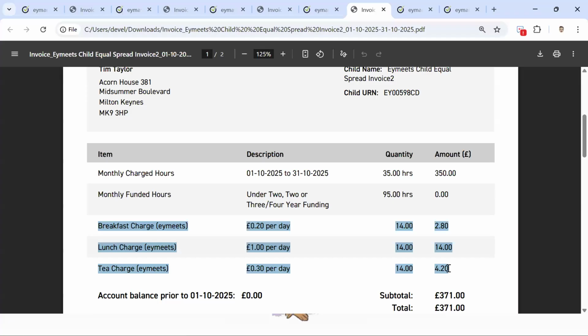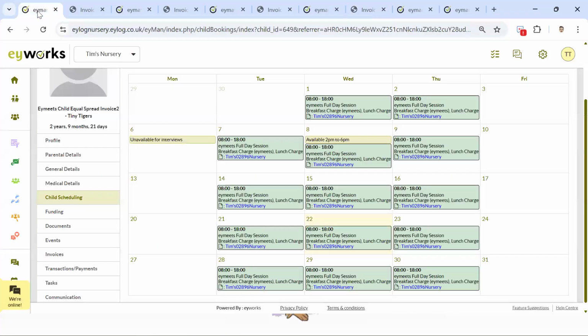Now, typically, most of you on the call will likely use one of those invoicing modules only. Either actual session billing, or equal spread billing. And then within those options, either the itemized or more of the annualized billing of the products. But the key thing for you to be aware of is that you do have the option to make